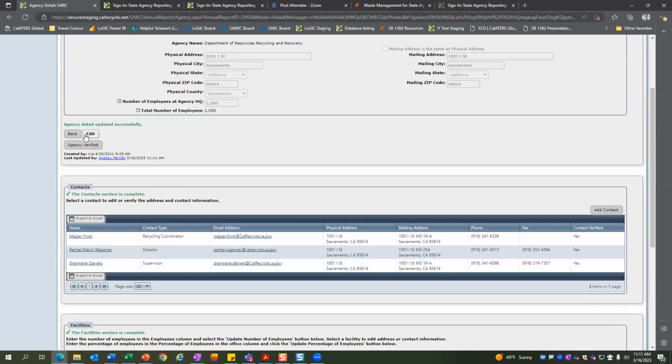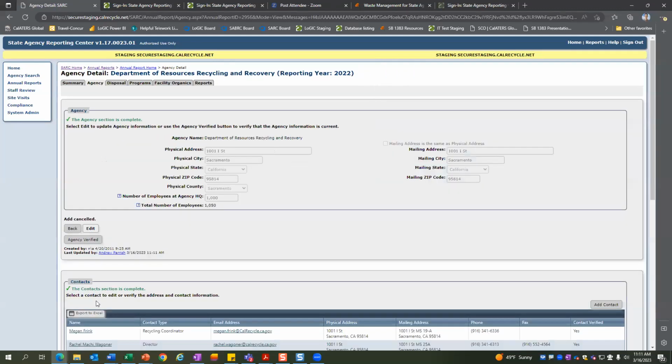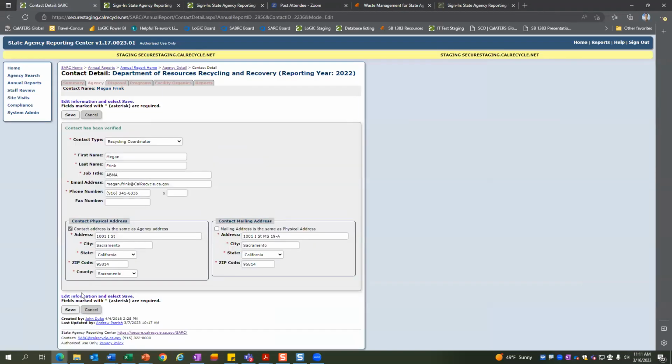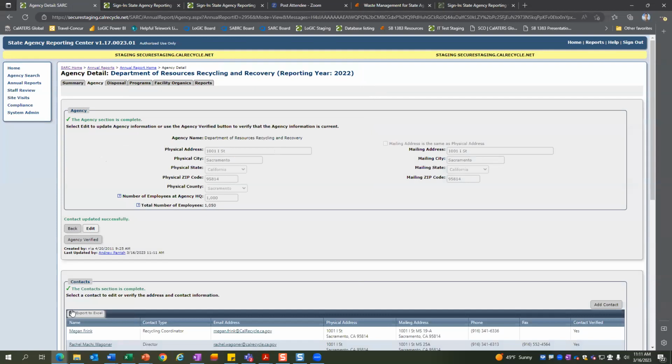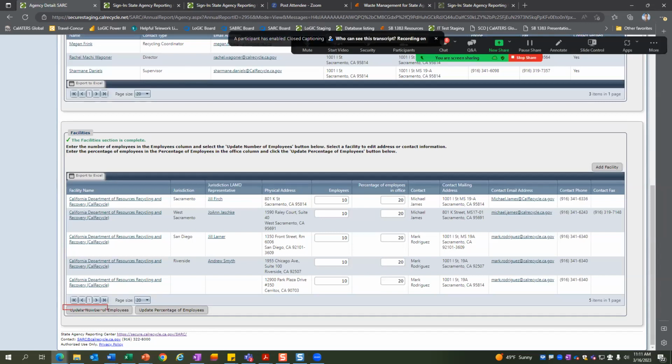And there's lots of buttons. Each of these sections has, oops, that's not what I wanted to do. Well, if you wanted to add a contact, you'd also click save. But as you enter each one of these pieces, as long as you're edit saving, it'll save that progress. And then down here, the only exception, it's slightly different. You need to click these buttons for it to save the numbers you input over here.